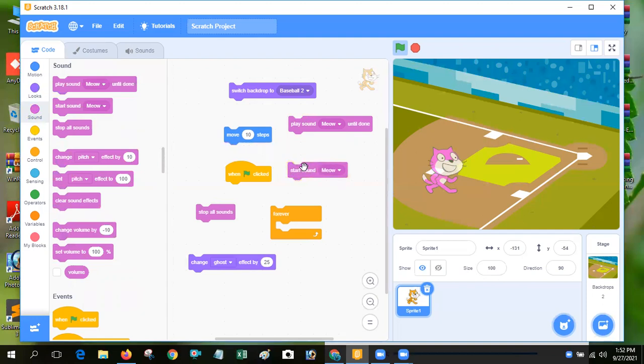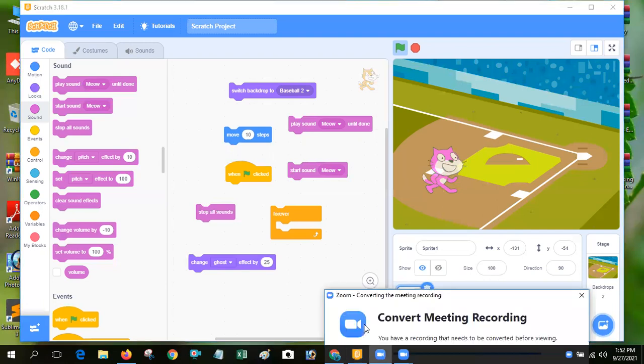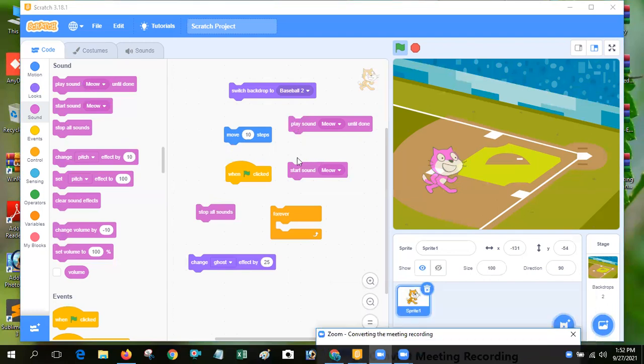Meow sound is not coming. Okay, no problem. You understood or not? Yes, sir. Play sound and stop sound. If you want to play any sound of your sprite, then you can use it. Sound block for you. And change volume by.